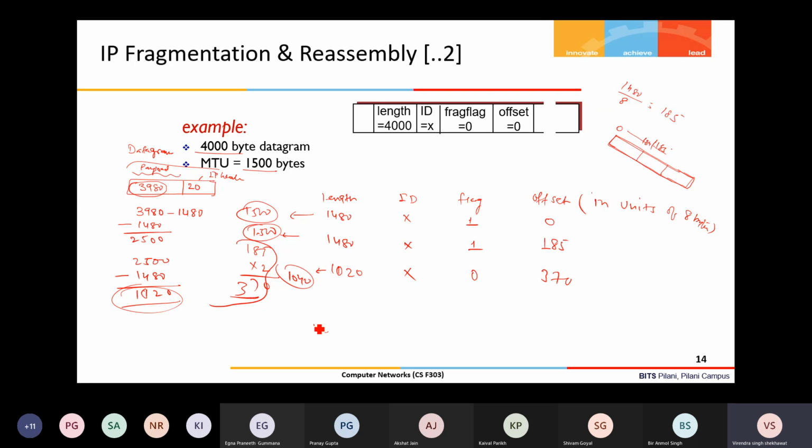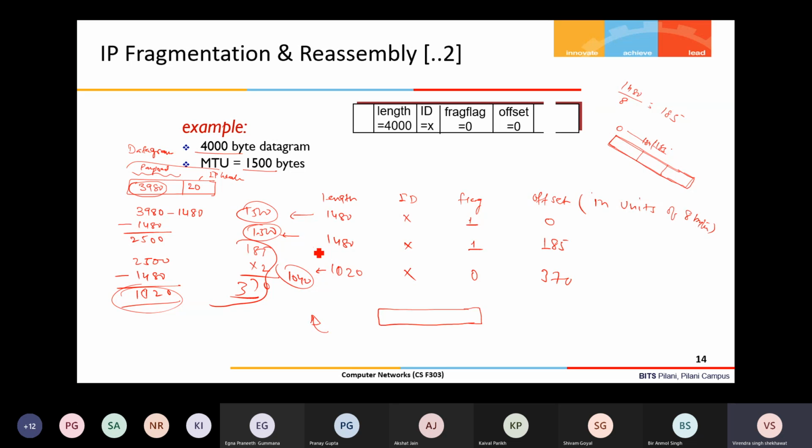Before delivering these datagrams from the IP layer to the transport layer at the receiver, it needs to reassemble them. It may be possible that these three datagrams arrive out of order, because they are traveling through multiple links, and you know that in a datagram network, even a datagram which is sent first may arrive later than the second. So you can understand it like this.